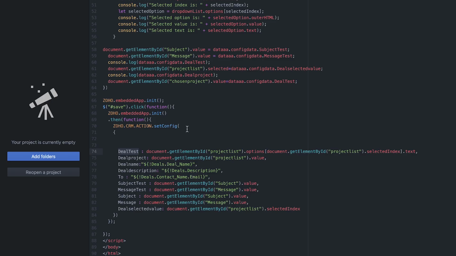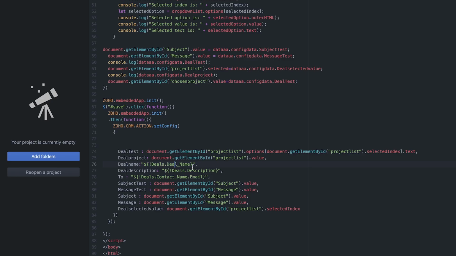If you want to fetch values for some default fields that are available in Zoho CRM modules, you can do that using this format which is available. We need the deal name so that it can be used to create a task in Zoho Projects. To do that, you use a dollar sign followed by curly braces, exclamation, the module name dot the API name of that particular field.